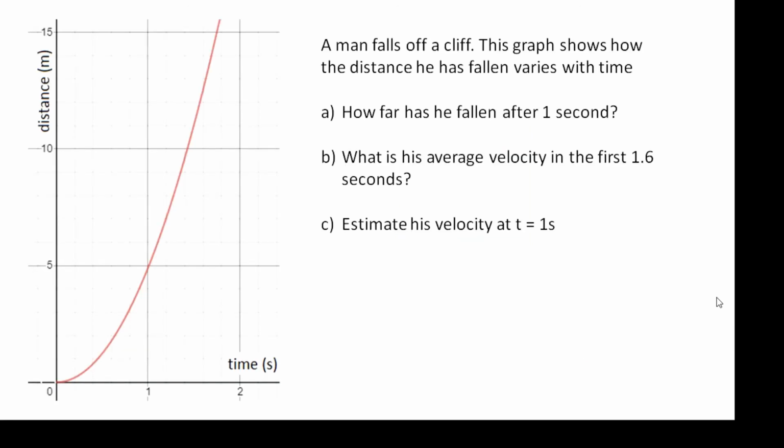Okay, a man falls off a cliff. This graph shows how the distance he has fallen varies with time. How far has he fallen after 1 second? What is his average velocity in the first 1.6 seconds? And then what is his velocity at 1 second? Now, I know you can't really draw a tangent to the point because you're probably watching this on a computer or a mobile phone or whatever, but the answers are,